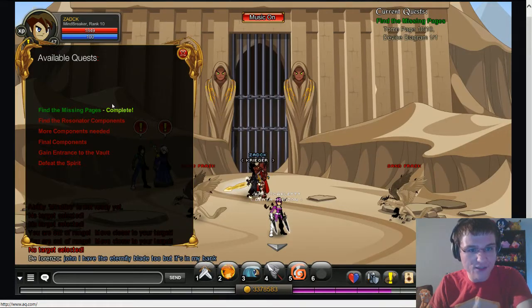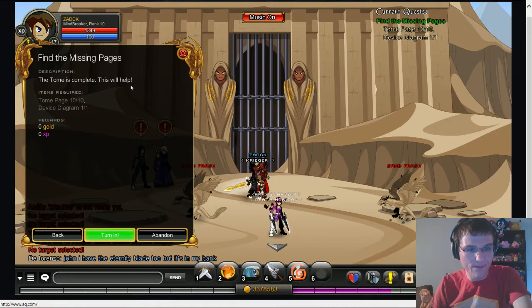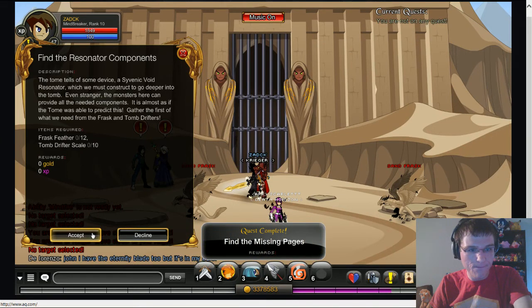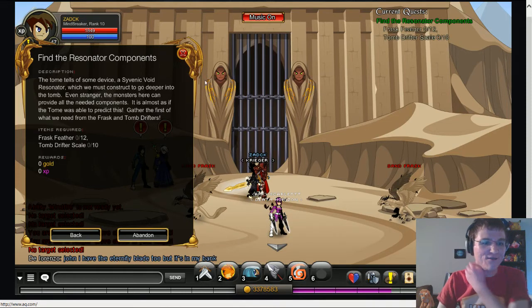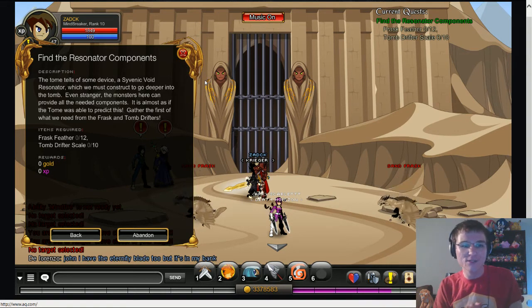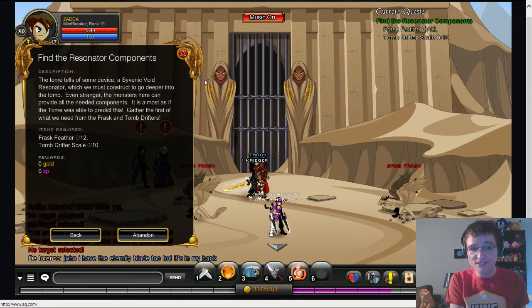Oh, and also let's turn this quest here. Oh, this is really funny, actually, this quest text. The tome tells of some device, a Scythenic void resonator, which we must construct to go deeper into the tomb. Even stranger, the monsters here can provide all the needed components. It is almost as if the tomb would...